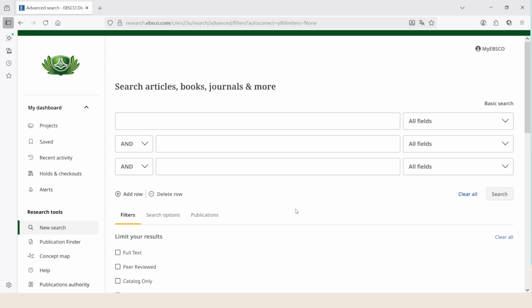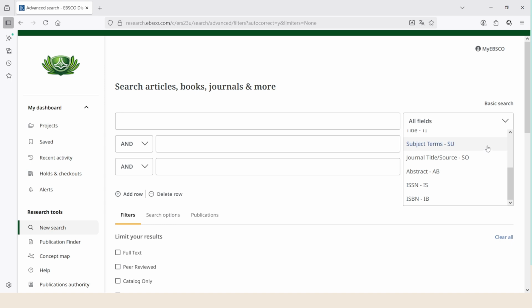The advanced search screen, as you can see, has 3 search boxes here. You can select a search field from this drop-down menu and search by text, author, title, and more. But this is optional. If you do not select a search field, you will be performing what is called an unqualified search, which searches across a number of search fields.